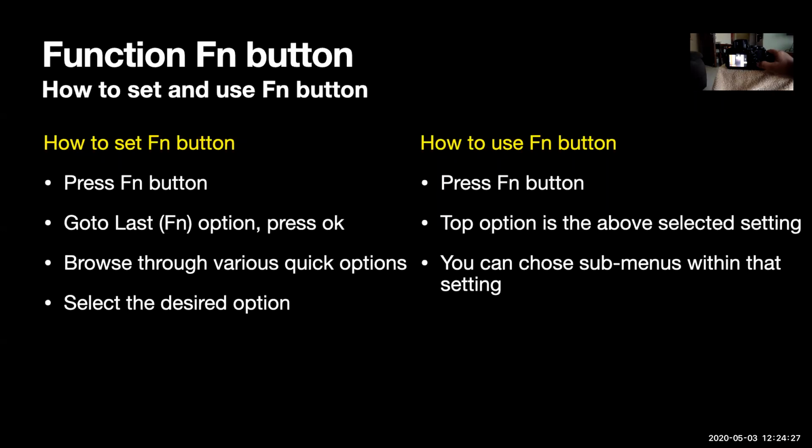I'll go back again. It doesn't stay on that screen for long if I don't use it. So this one is ISO. On the top, you can see the description of whatever I am showing you. So what all can you set on this shortcut button? ISO is there. Continuous mode is there, which is basically high, low, etc. This is the frames per second you're talking about. Everybody uses continuous mode.